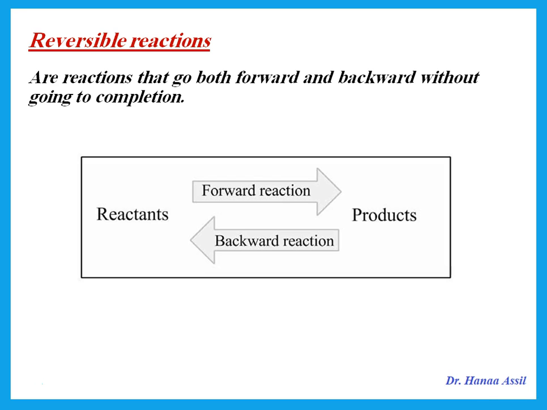So if we have reactants, they react and form products. The products break down and form reactants. This is a reversible reaction. Usually in a normal complete reaction, the reactants would just form products and that's it. But if the products break down and form reactants and then the reactants again form products, then this is a